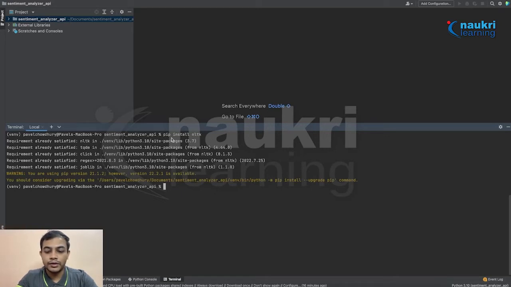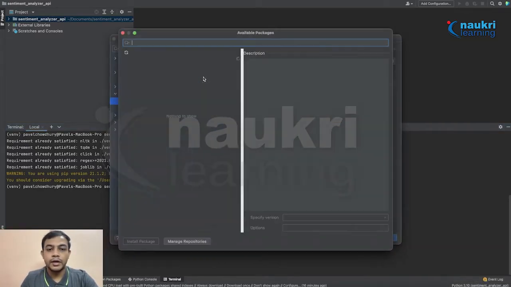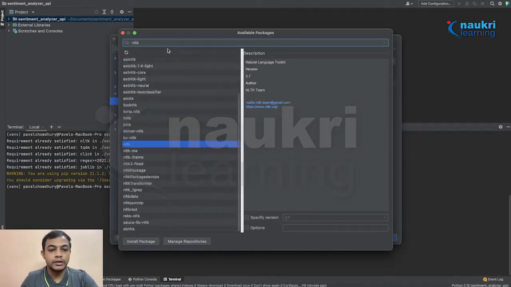If you do not have that installed, you can run this pip install command in your virtual environment terminal and get that installed. Otherwise, if you are using PyCharm, you can go to your bottom right corner, click on Interpreter Settings, click on Add Packages, and search for NLTK in the package list. Once you find that, click on it and click on Install Package, and it will get installed in your virtual